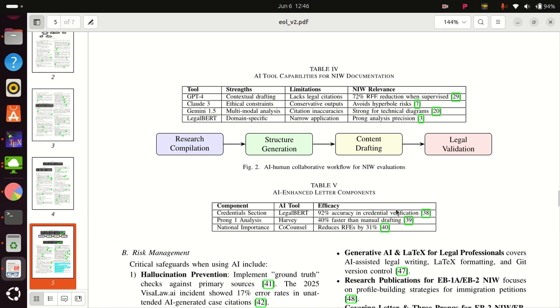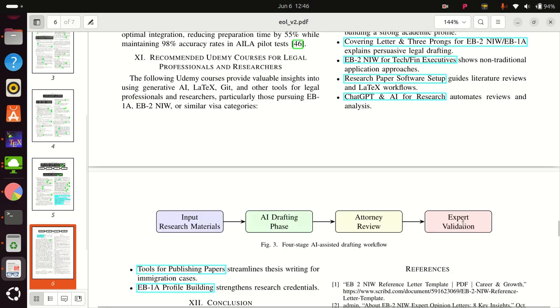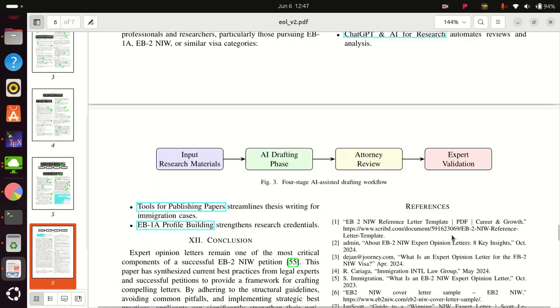I would say right now, generative AI, whatever they may claim, is not able to write it carefully. I would say it is only 20-30% accurate as of the date when I'm making this video. I checked ChatGPT, DeepSeek, and Perplexity, and you have to use something called a mixture of experts model, where you ask one Gen AI tool to check the other. You can check my paper and my courses about how to write expert evaluation letters, and I hope this will help you with your EB2 NIW and avoid an RFE. If you are already at an RFE, I hope this will help you fix the RFE.